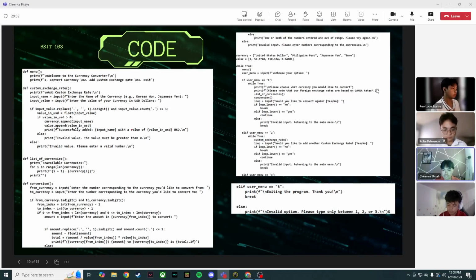So our program uses decision loops, definitely while loops, break, and so on, to execute our program. And so here's the flowchart that we made, the sequence of our flowchart with regards to our main program. That's all. And for our code, this program is a currency converter that allows users to convert between predefined currencies,